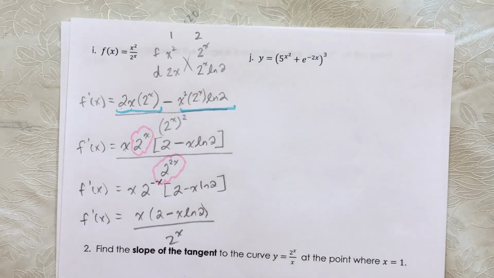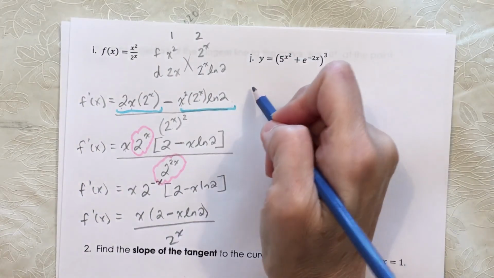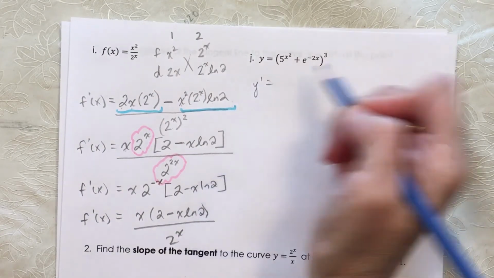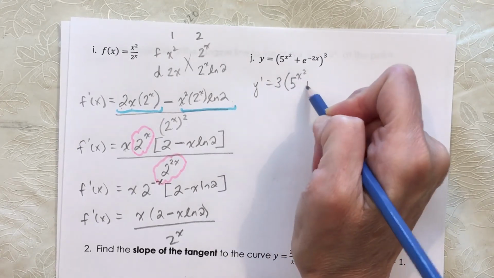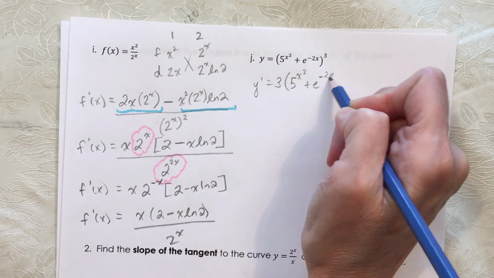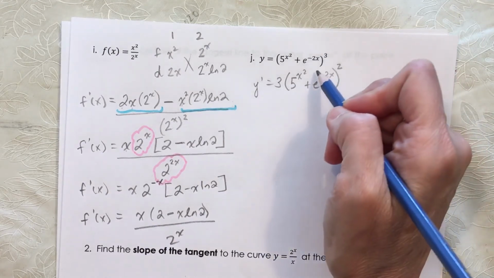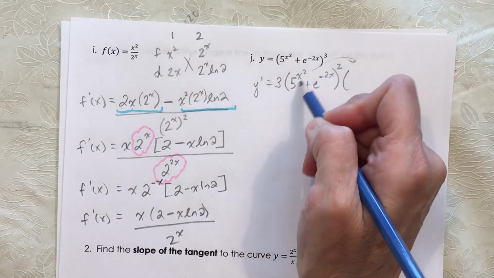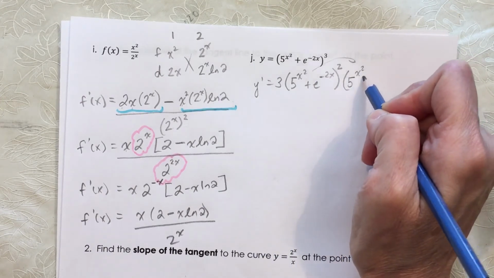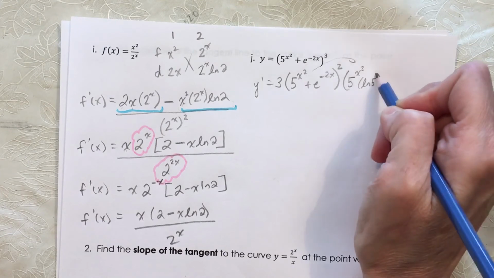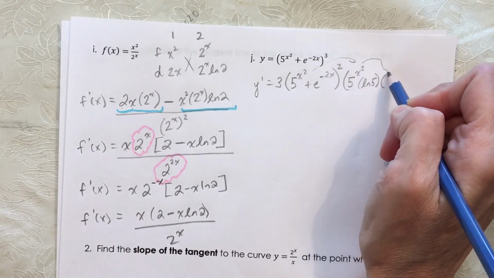Simplified factored form. And then for j, you see that we have a big function to an exponent, so it's chain rule first. So y prime is: bring the 3 down, 3 times, repeat what's inside, all to the 2, and then the inner derivative. The derivative of 5 to the x squared is going to be 5 to the x squared times the ln of the base 5